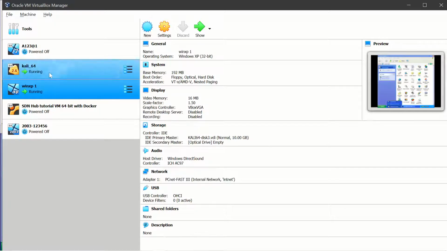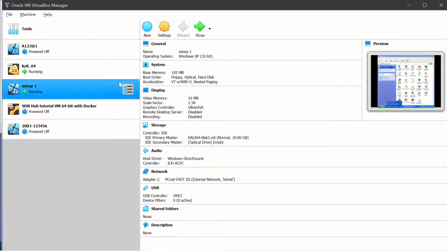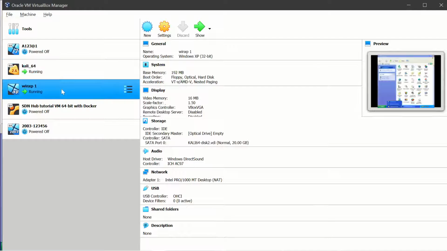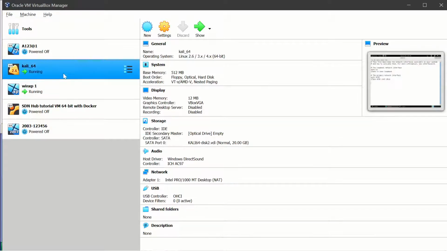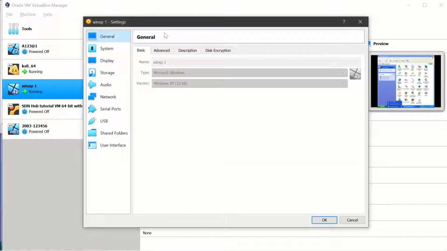It's now currently running and you can see them here. Once it is installed, that's it, the job is over. We only have to change the settings of each operating system in the network settings, which I will show you when we configure XP.